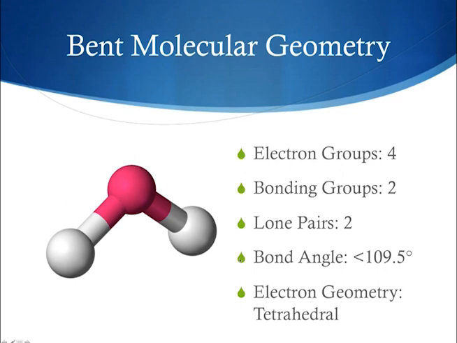Okay, something interesting about molecular geometry is that we can have the same molecular geometry but a different number of electron groups. So before, when we were looking at the bent molecular geometry, we only had 3 electron groups and we had 1 lone pair. And here we actually have 4 electron groups, but we have 2 lone pairs. So we end up with the same number of bonding groups, and that's what makes them similar. So we have a lone pair here, and we have a lone pair here. And once again, because of their strength, these are being pushed together, and our bond angle is less than